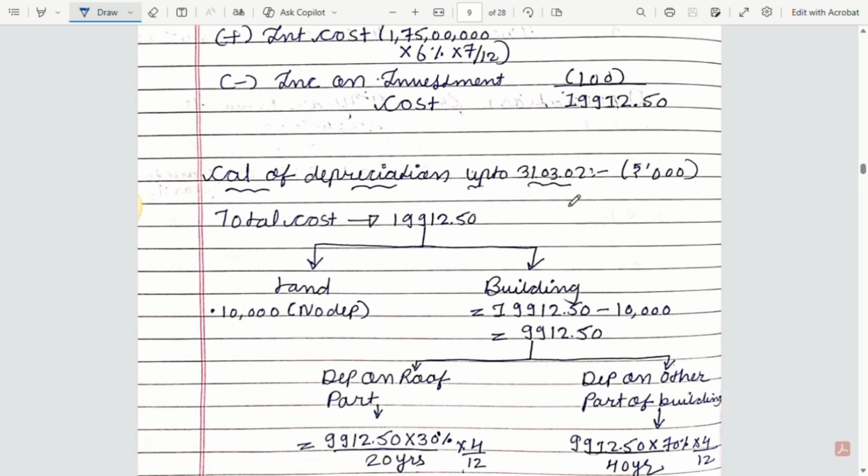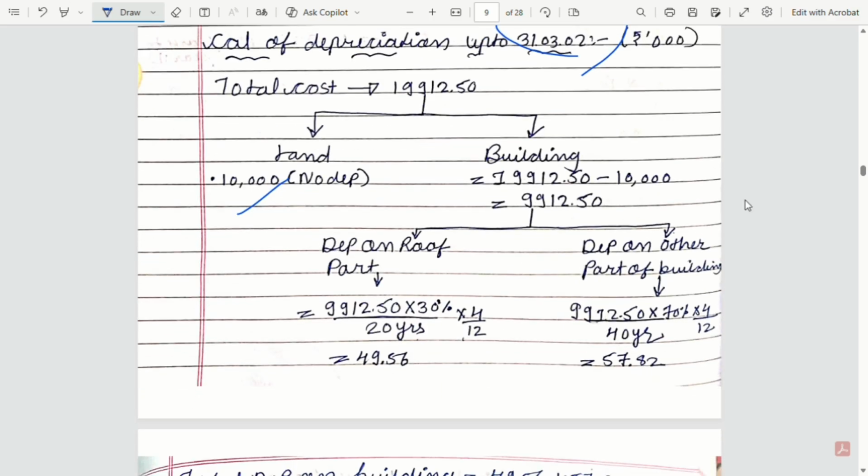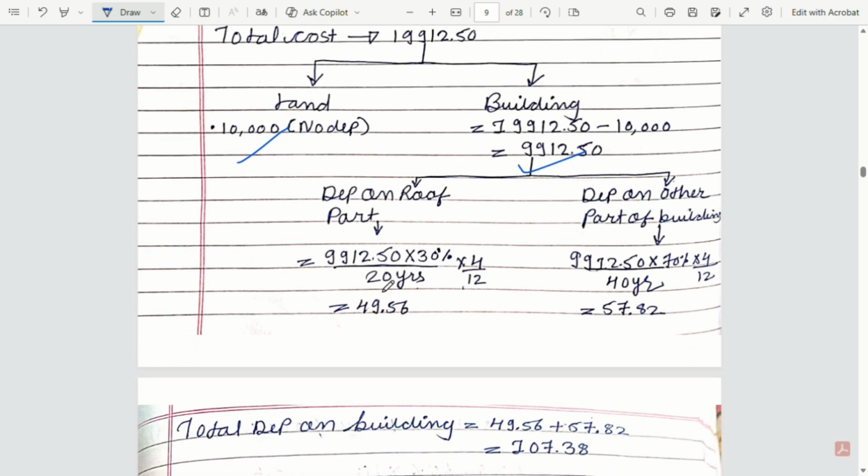कैलकुलेशन ऑफ डेप्रिसिएशन अप टू 31st मार्च 2000। सो देखो यहाँ पे जो लैंड है उसको हम लोग सेपरेट करेंगे बिकॉज लैंड पे डेप्रिसिएशन नहीं लगता, तो ये टोटल कॉस्ट में से लैंड का कॉस्ट हटा के हमारा ये नेट कॉस्ट होगा। सो डेप्रिसिएशन ऑन रूफ पार्ट, अभी ये जो रूफ है वो हम लोग का मेजर कॉस्ट वाला असेट है, ठीक है, तो उसको हम लोग सेपरेटली डेप्रिशिएट करेंगे। सो टोटल कॉस्ट में से 30% रूफ का है,